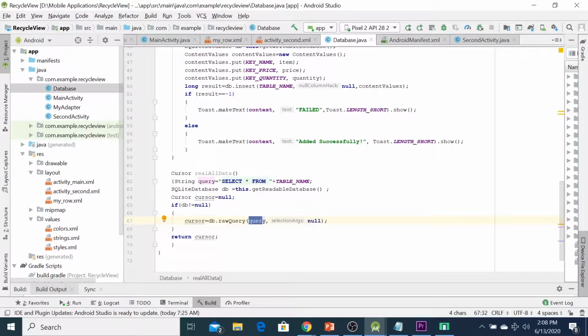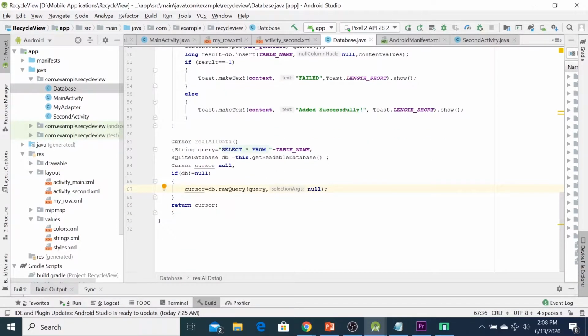First one is our SQL query and the second one is null. Next, we are going to return the cursor object. We can declare return cursor. We are going to store this raw query result inside our cursor. So basically our cursor will contain all data from our database table.